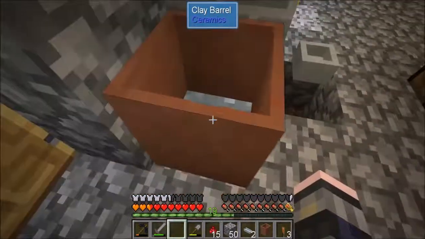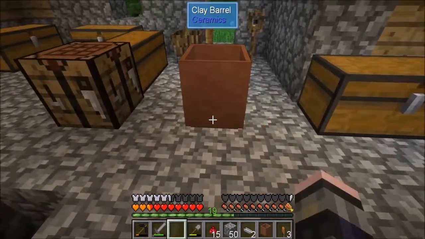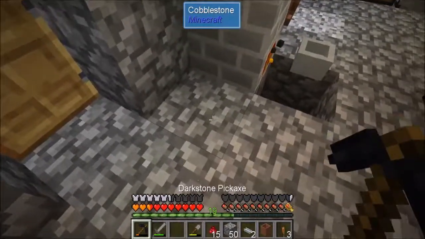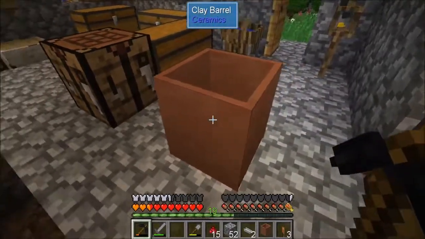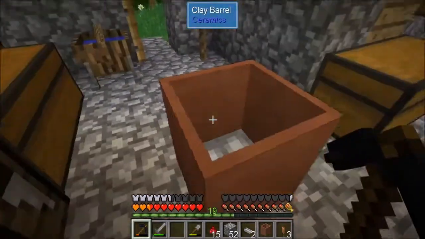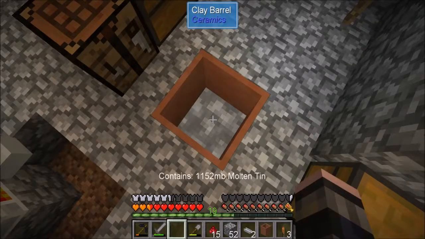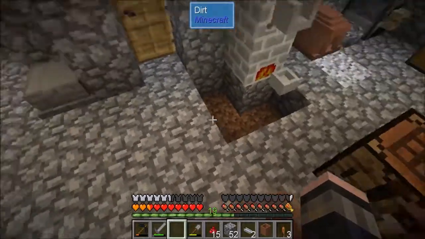It worked. Okay. It's not great, is it really? How do I make this stop being molten and become metal? I need to make another one of these possibly, and then I can maybe run it across and have one for tin and one for copper, unless they mix in there. I don't know. But I don't know how to make it stop being molten and become...